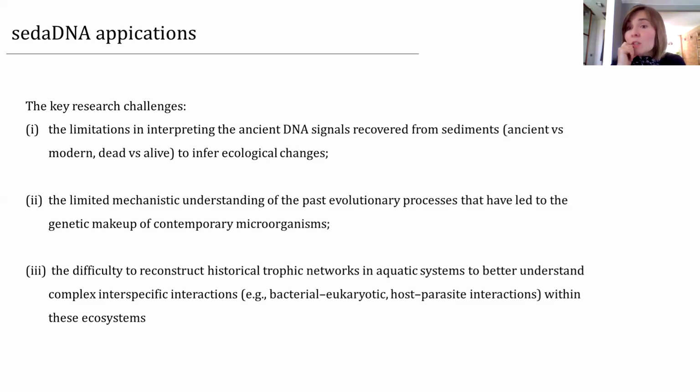Because one of the features of the DNA records is that, for example, we have a lot of parasites. I see this in our marine sedimentary records, where, for example, we have a lot of dinoflagellates. This is one group, Syndiniales, that are parasites. So we have a lot of parasitic taxa, and we don't have established yet the host-parasite interactions. So we cannot really interpret this record, but they can be meaningful because they are sometimes very, very abundant. They can make up like 20%, 10%, or even more of our records.